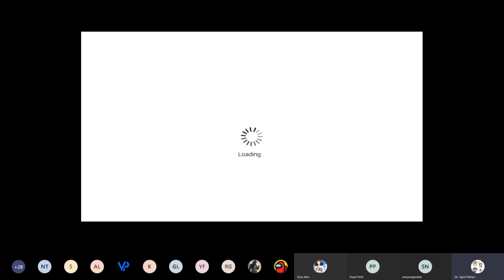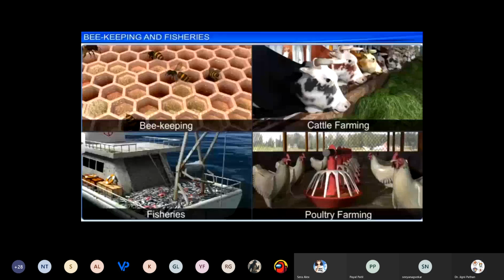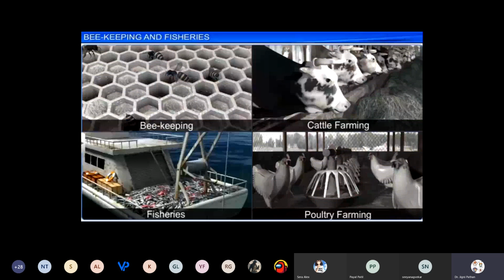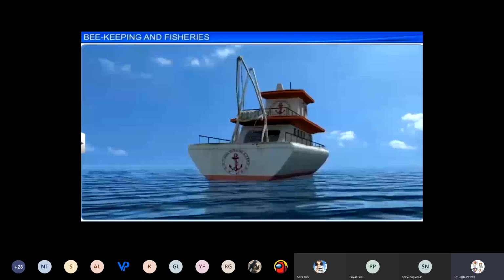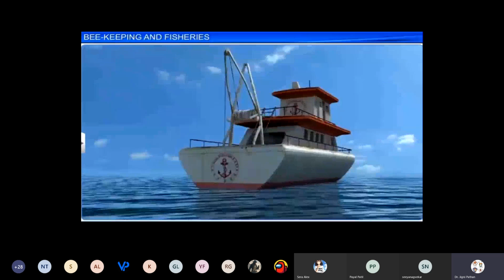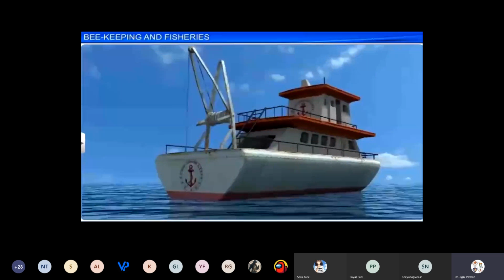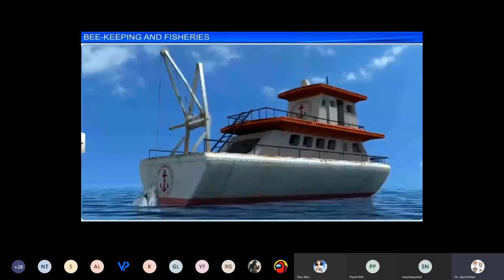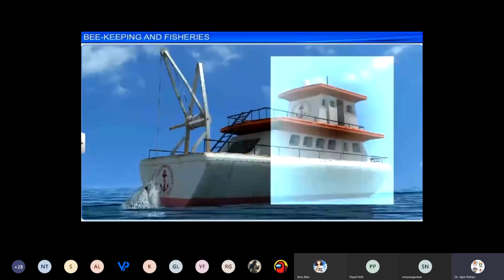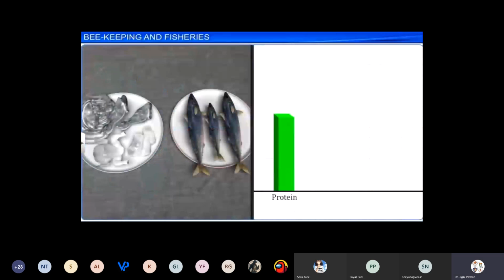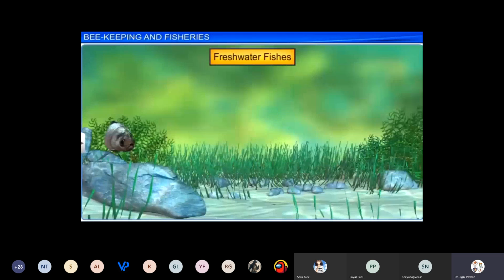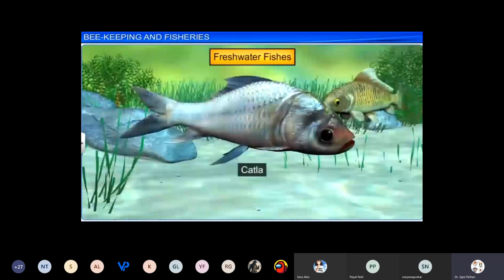Like beekeeping, fisheries are another part of animal husbandry, and relate to the rearing, catching, and selling of aquatic animals such as fish and shellfish. As fish contain more proteins and less fat, they are preferred to other meats. Most commonly eaten freshwater fish include catla, rohu,